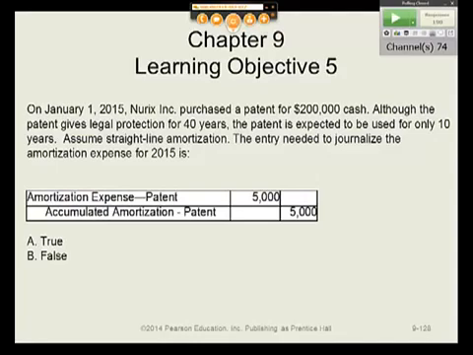So the answer to that question is going to be false for 2 reasons. One, the amortization should be $20,000. It should be $200,000 divided by 10 years. And although it wouldn't bother me if this was a test I was grading, it normally is the case that we don't credit accumulated amortization. We credit the patent account directly. Typically, we credit the patent account directly. So the correct answer in this case should have been to debit amortization expense on the patent